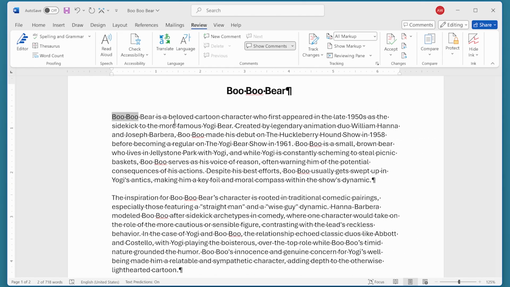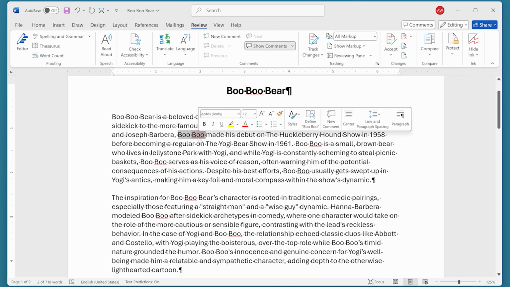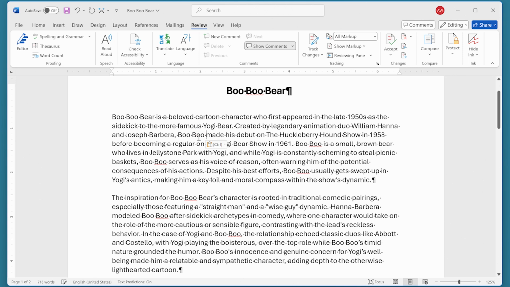Now I can press Ctrl-C to copy that selected text, and I can paste it wherever I want within the document. All I would have to do is go and select the other instances of Boo Boo and press Ctrl-V, and now you can see that it's not underlined in this instance. And all I would have to do is go through the document and do it in all the rest of the